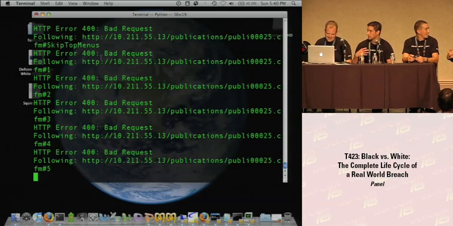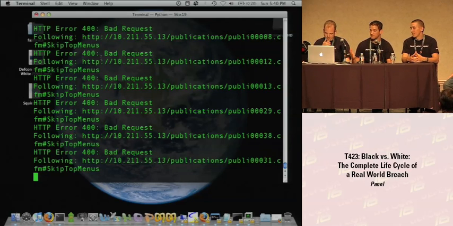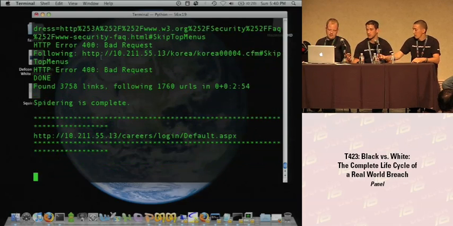I created this tool, or Dave and I both created this tool. Basically, you put in the URL, you let it go. If it finds SQL injection, do you want to exploit? Yes. You got a shell. So